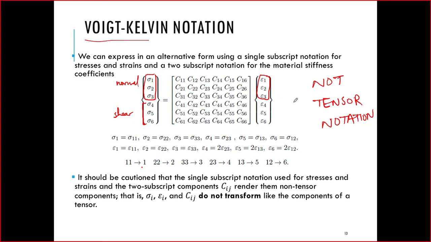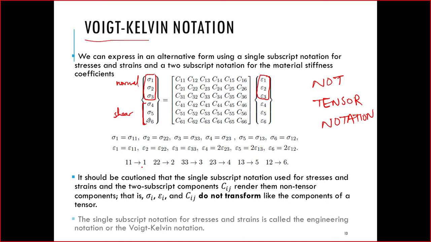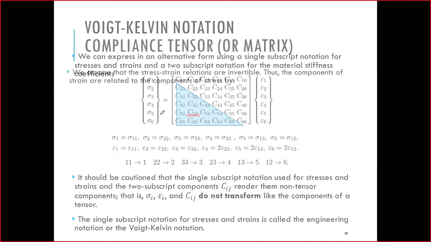None of these things right now are tensors, so tensor operations do not work on them. So the stress transformation we saw earlier will not work on this, because this is not a tensor now. It's just the components of a tensor, but it's not a tensor. Okay, so now let me